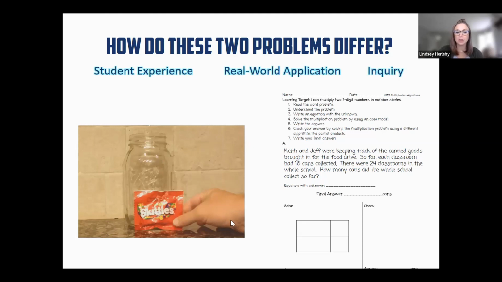All right, so Krista had an answer here that says the Skittles in the jar, she would say is more real world. And her justification was because you had to use your own thinking. Desiree said that perhaps the canned food drive was more real world because students have experienced that. There's a lot of schools that do canned food drives or community organizations that do those. Kim said Skittles in the jar because it's